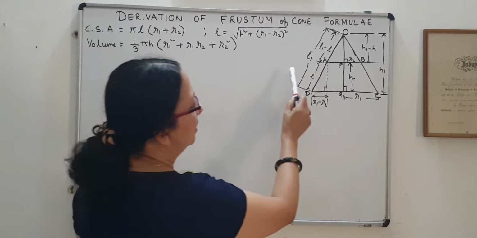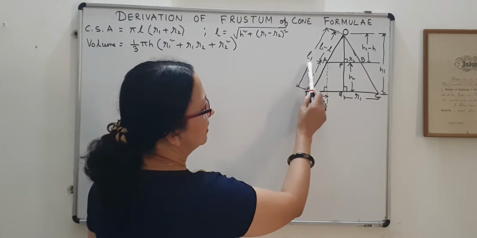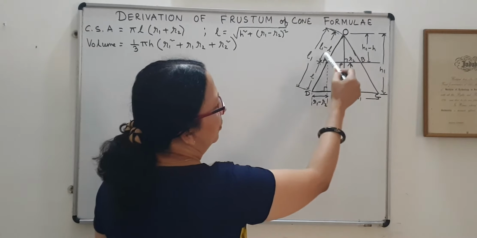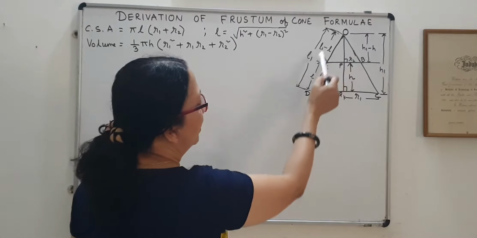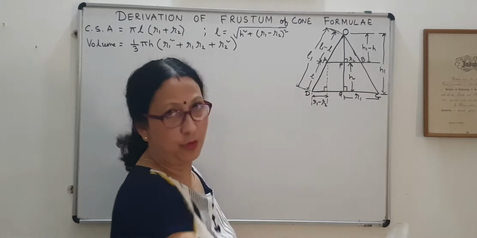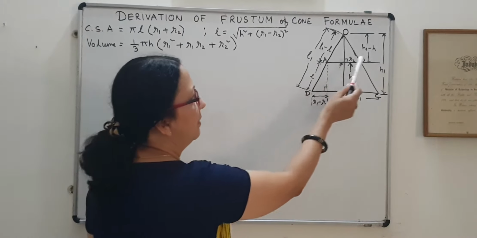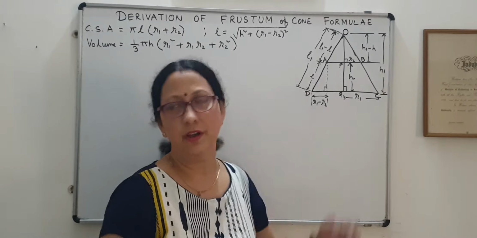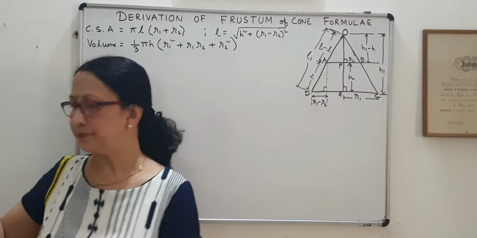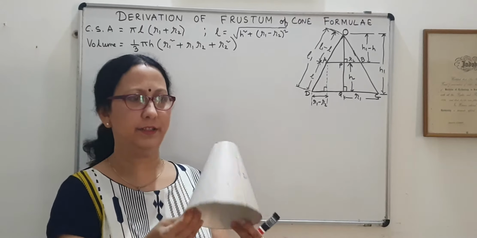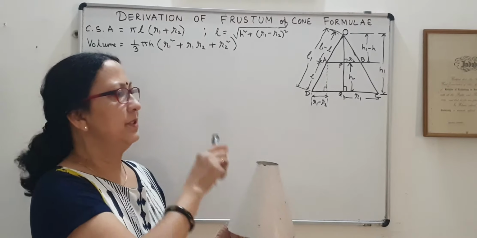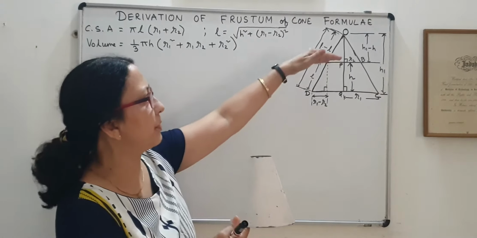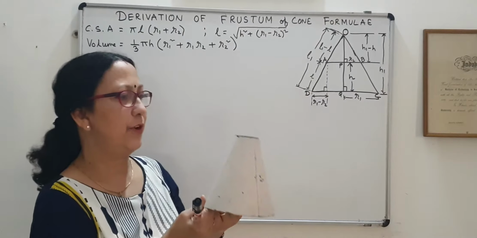Now from this cone, with the help of a horizontal cross section through AB, this upper part of the cone is removed, that is OAB. If OAB part is removed, then what is left? ABCD will be left, and that is nothing but the frustum of the cone. So actually that I have shown you. So we will get a figure like this. So that means at this horizontal section, this upper cone is removed, then this one is left, that is frustum of a cone.